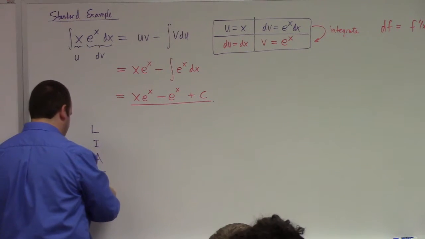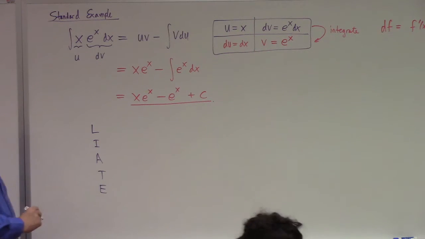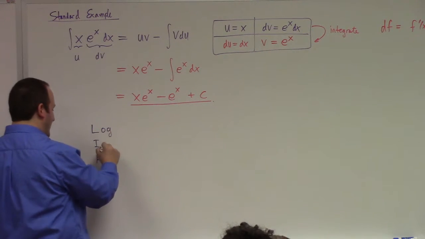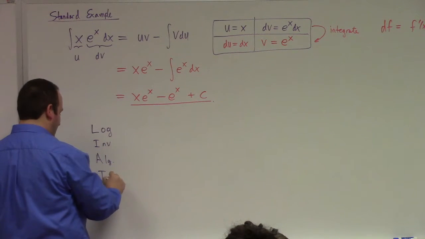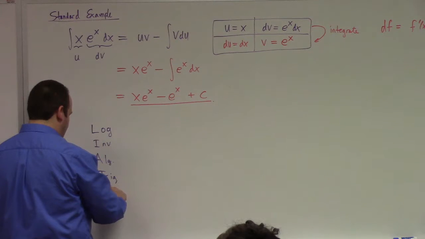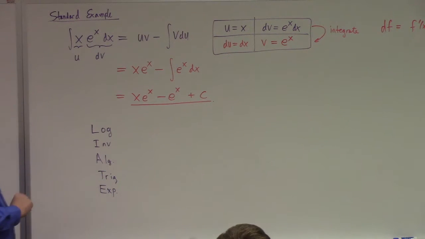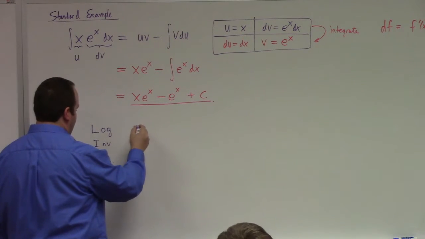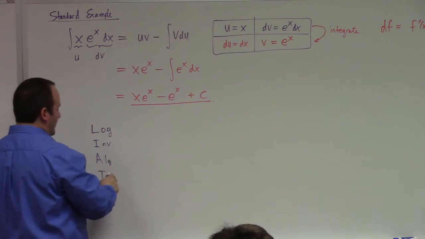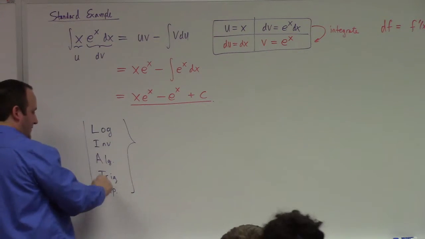It's the stupid LIATE. So this is log, inverse, algebraic, trigonometric, exponential. Now, this is a special rule. It only makes sense to calculus students. If you're a mathematician, this rule doesn't make sense to you because many of these things are the same thing. So this is a troubling, ambiguous rule. The more you know, the less sense it makes; the less you know, it kind of makes sense. I'm not trying to be insulting. I'm just trying to say it'll make sense to some of you. You don't know enough to be confused by it. All right, so the point is, basically, whatever you see first here, choose